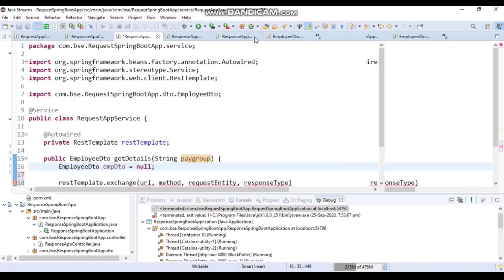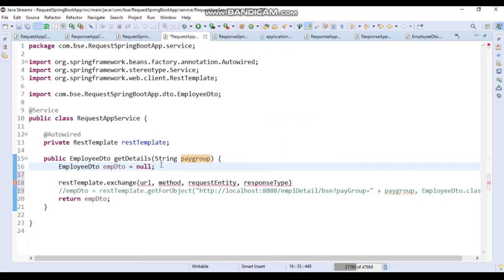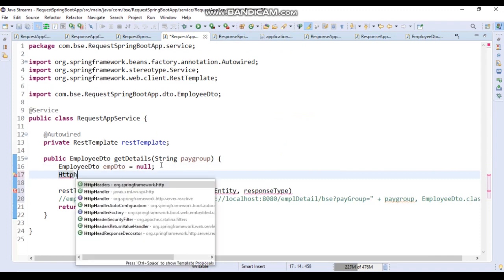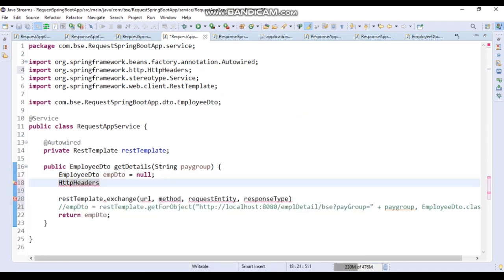Then let's go to the service now. In the service, I will create HttpHeaders. Header is equal to new HttpHeaders.